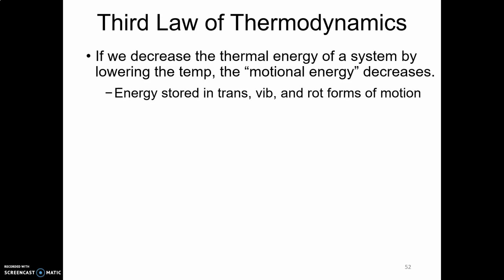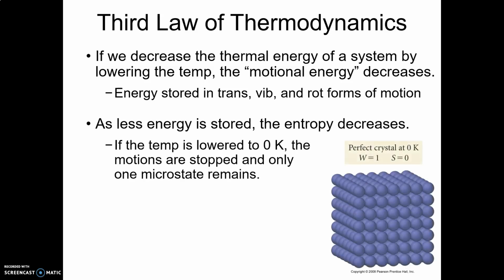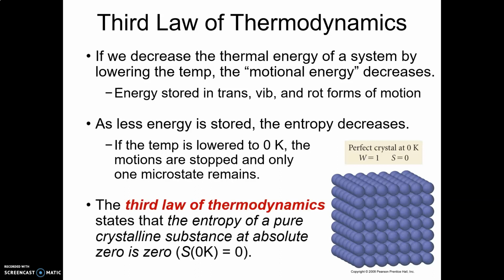So that also means that anything above 0 Kelvin has some amount of entropy, because if it has energy, then it has entropy. It has disorder because it's going to store the energy in vibrations, and then that allows it to have entropy. But at 0 Kelvin, there's no energy, which means there is no entropy. So what the third law of thermo states, and this is a law, so this is not going to be broken, this is an explanation of an observed idea, is that the entropy of a pure crystalline substance at absolute zero is 0 because there is no